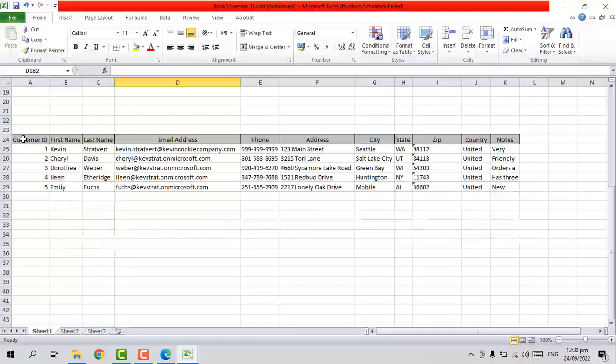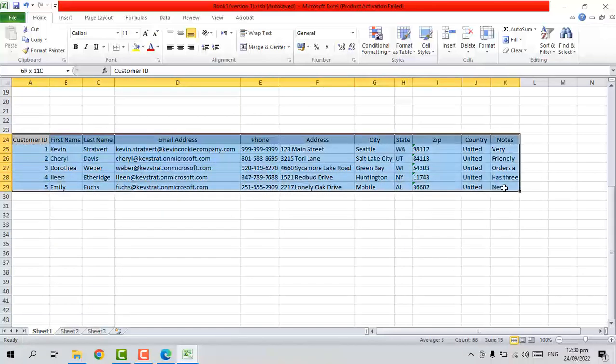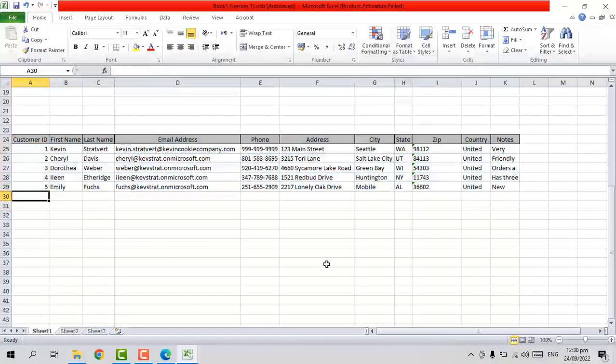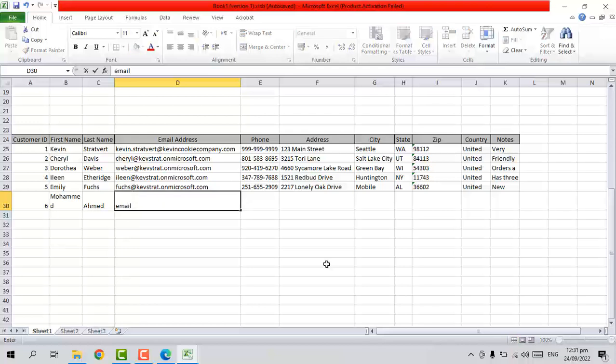Now, imagine that this is your shop or your kitchen or your restaurant, and those are your clients. Today you received a new order from another customer, so you're going to have to write down all their information. Let's say six, and I'll press tab and write Muhammad, tab, last name, let's say Ahmed, and then their email, phone number, let's say 912345678. Address, let's say Khartoum,